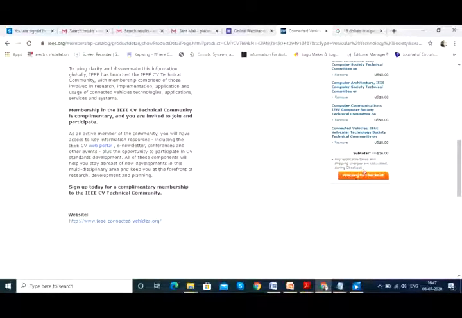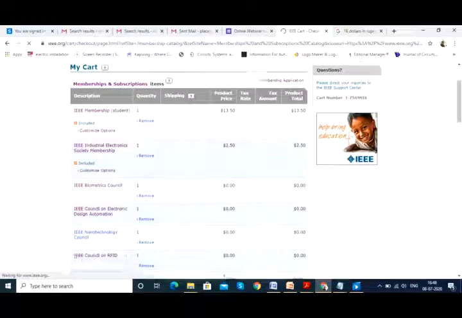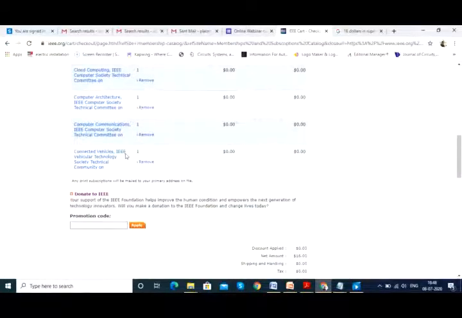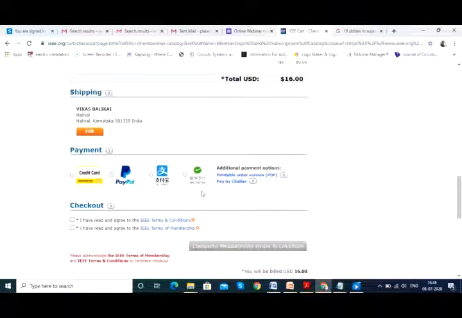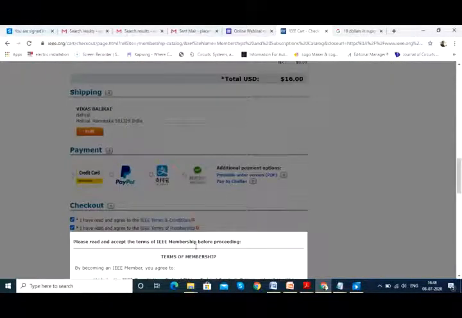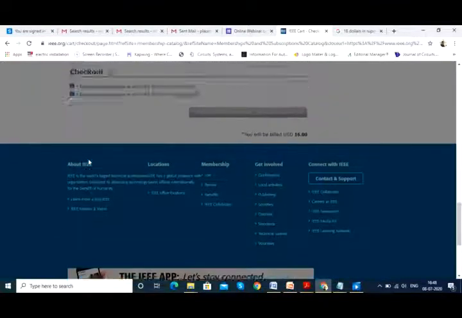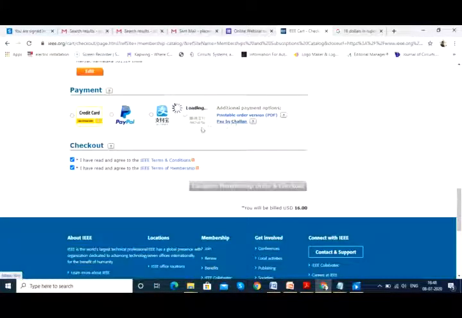Let's say proceed to checkout. Now anyhow the pricing has not changed because all these are coming at free of cost. So proceed to checkout. Earlier also it was $16. Now also it is $16. And like I told, rather than paying it through the credit card or through any other online mode, as you can see all the items that you added, rather than paying using these, just check this box and try to pay using pay by Chalan.